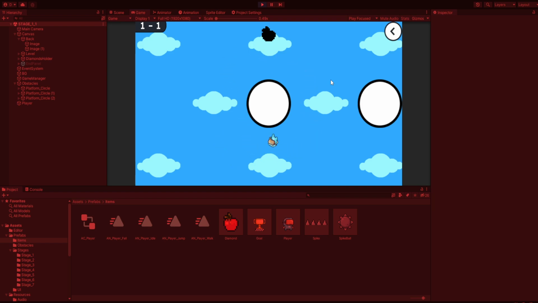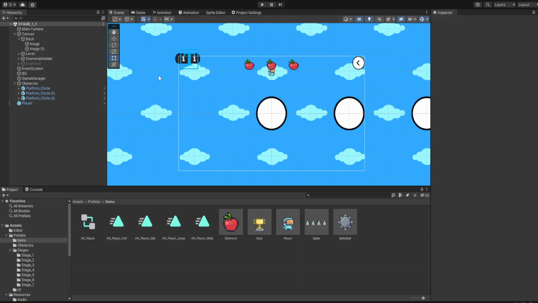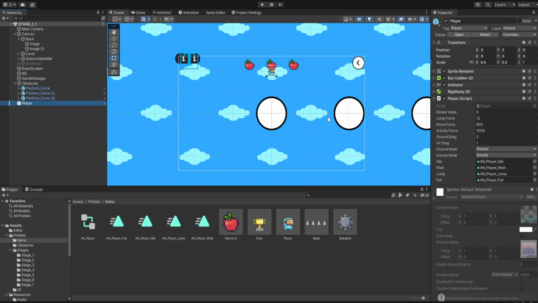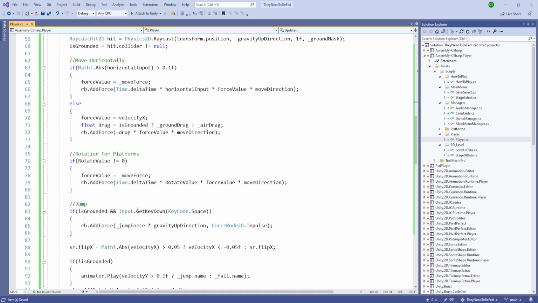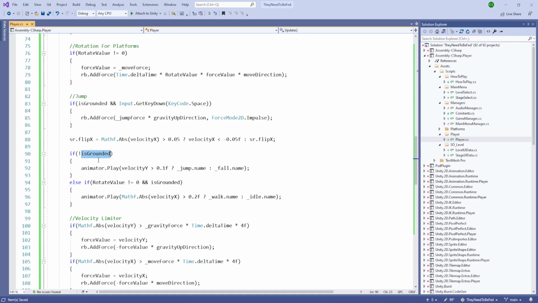And currently it's looking good right now, but we are adding force in the update. It will be choppy when we are playing it on a device. So what we change inside the player, we need to change some values for our animator. So if we are not on the ground,